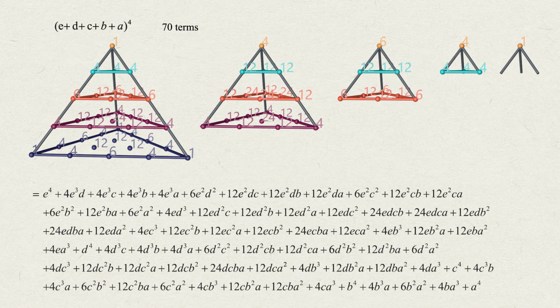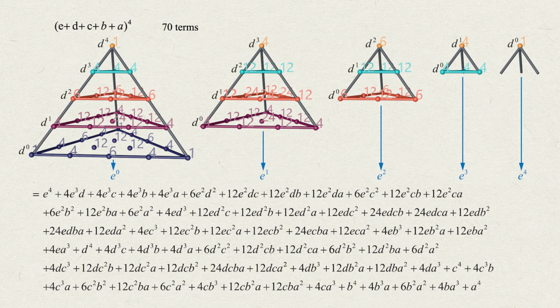As before, let's take a brief look at these values. Notice the smallest tetrahedron, which we might just call the cap. It only has 1 coefficient in level 0. It's related to e to the 4th. The next tetrahedron, having level 0 and level 1, corresponds to all terms including e cubed, and so on down the line until we get to the largest tetrahedron, which contains all the coefficients related to e to the 0